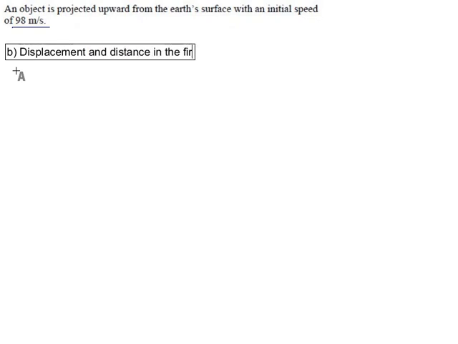The next thing they ask is determine the velocity time function for the motion of this object and use this to find the displacement in the first 12 seconds and the distance. And I'm switching the order here, but